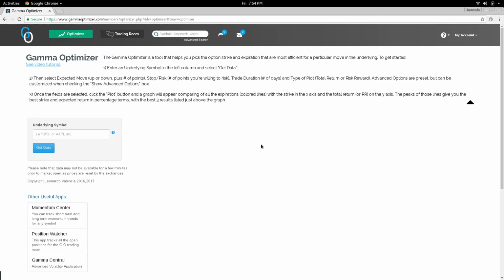Welcome! It has been quite a long time since I created a tutorial or an introductory video, so I'm happy because this is a great excuse to introduce a new tool that I wrote for you guys that is called the Gamma Central. The Gamma Central is one of my mini apps that I provide on the Gamma Optimizer room,